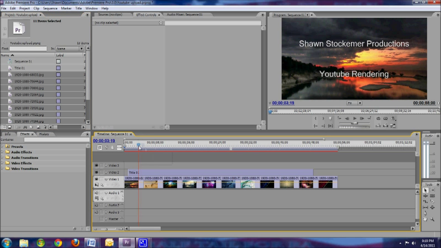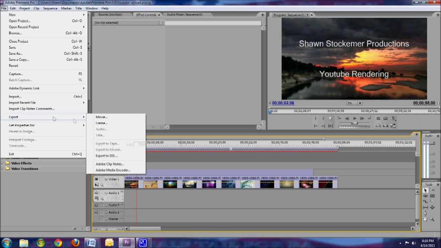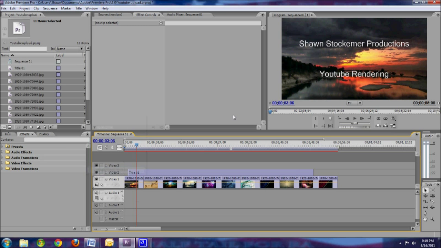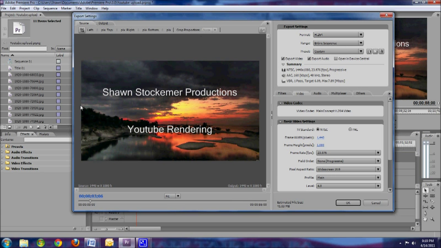So as you can see, I have a video here, a simple video of pictures ready to export. So we're going to go ahead and go to File, Export, and Adobe Media Encoder. And here's my Adobe Media Encoder screen. As you see, I have both source and output tabs here, and these are going to show you your output video here. And we're going to first look at the format,